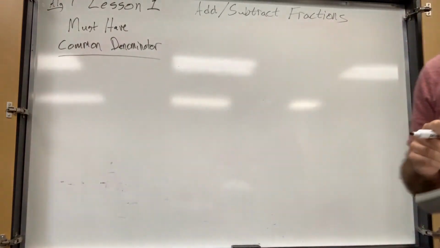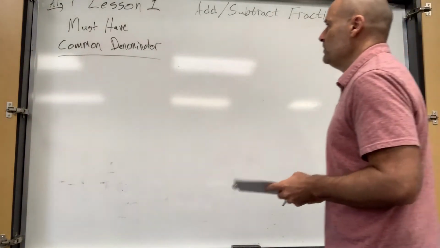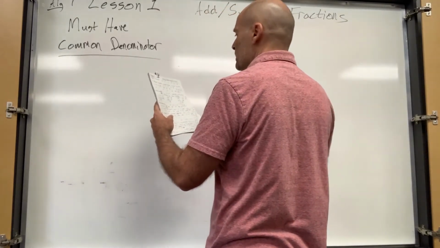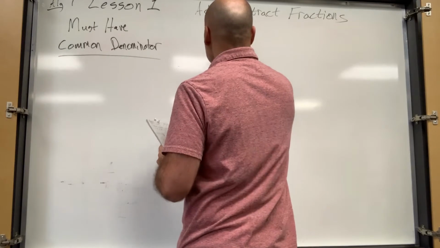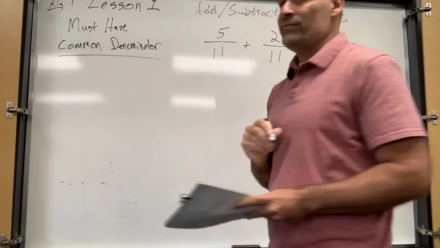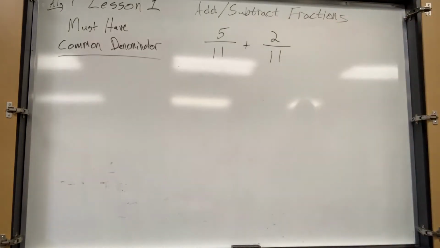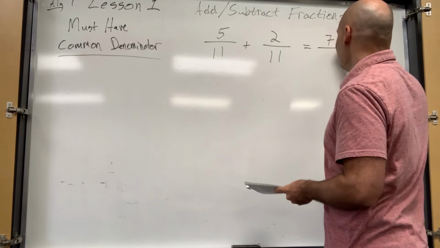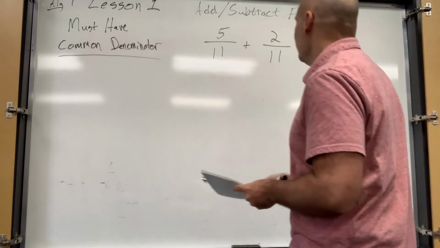You can't add apples and oranges. I mean, you could, but it would be a weird mutation of fruit. So if you have common denominators, then you can do it. So what's 5/11ths plus 2/11ths? 7/11ths. Oh, I didn't know that was going to happen. Now I want a Slurpee. Okay, so